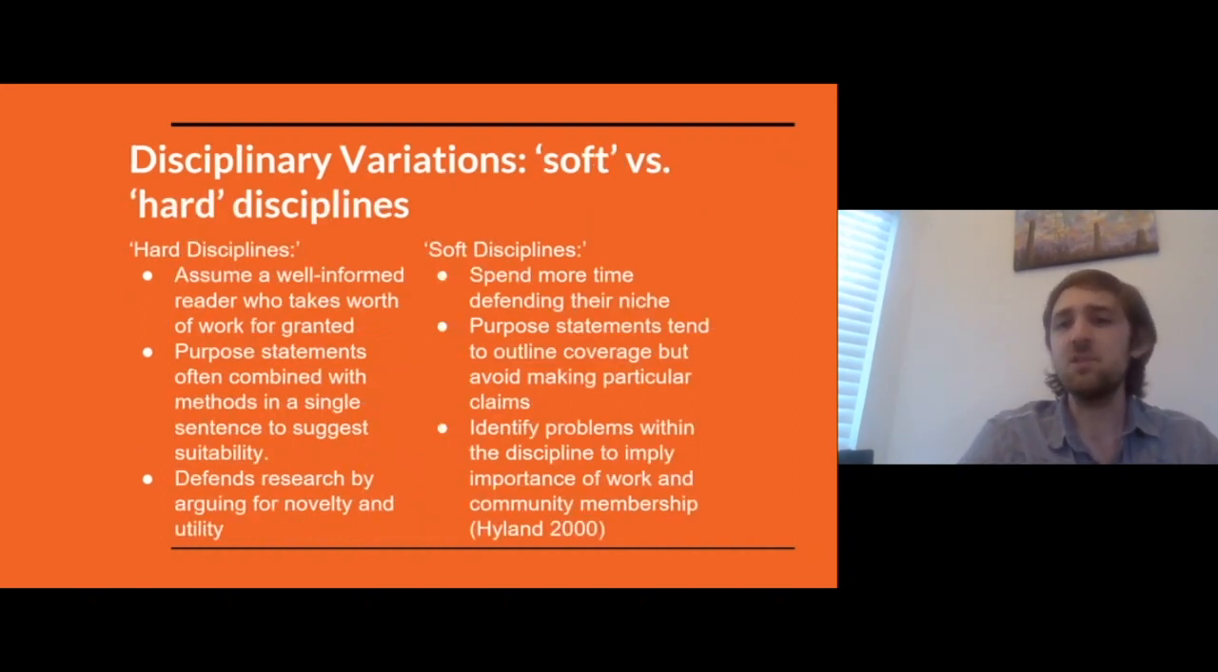First off, just as a general way of thinking about what Hyland means by soft versus hard disciplines, hard disciplines tend to be the more specifically applied disciplines, so something like, say, civil engineering, whereas soft disciplines tend to be slightly more theoretical. This is Hyland's terminology for organizing these different disciplines. So Hyland makes some suppositions, some hypotheses about how the focus of these different disciplines influences the move sequences you see in the abstracts, pointing out that hard disciplines assume a well-informed reader who takes the worth of the